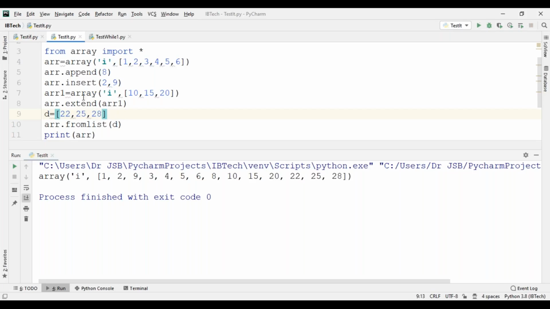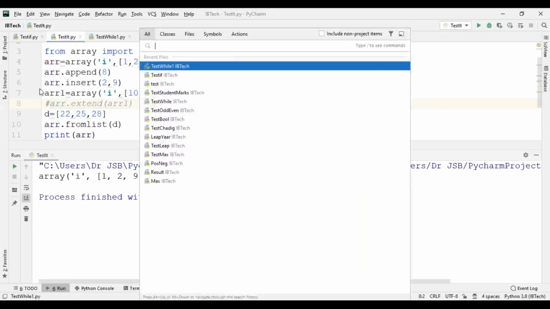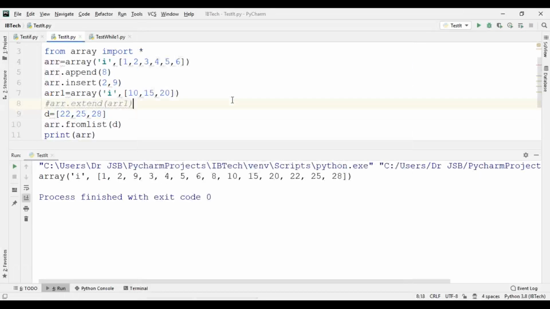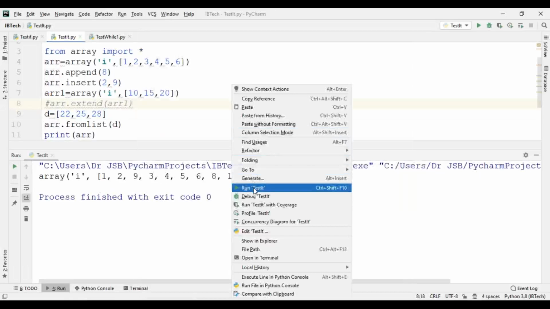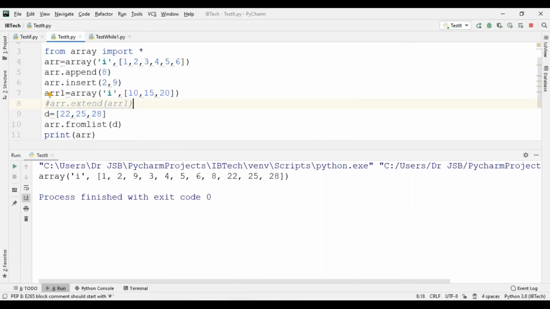If you do not use the extend operation and simply put it, those operations will not be covered. So 10, 15, 20 will not be covered, because all the operations which I have shown in this program are also included.